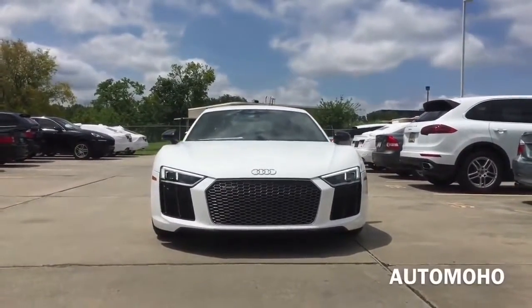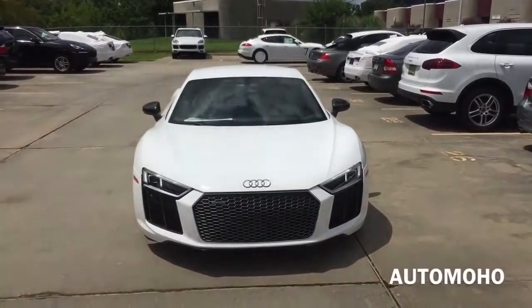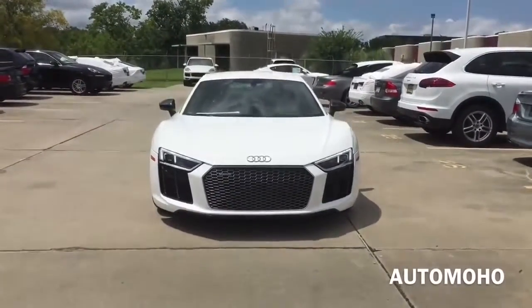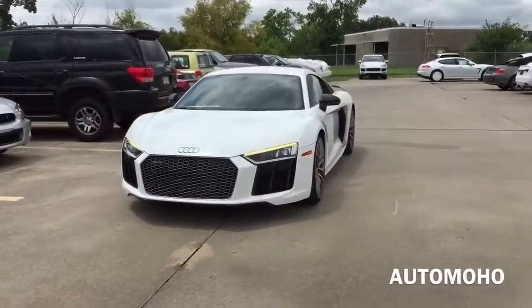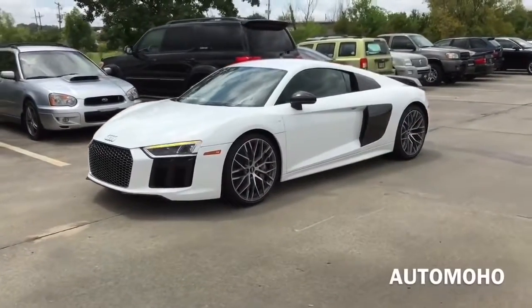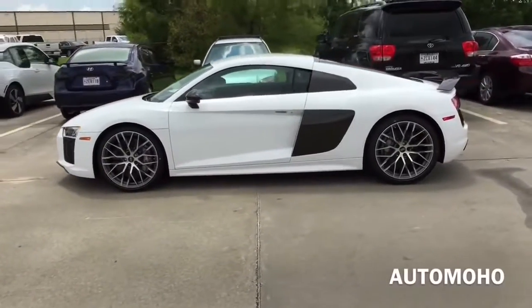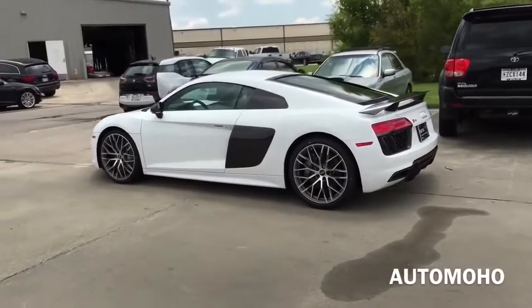For 2017, the Audi R8 comes in 2 different engine choices, starting out with the R8 V10, which pushes out 540 horsepower and 398 pound-feet of torque. The next engine choice is the V10 Plus, which is what I have here today. The V10 Plus engine pushes out an enormous 610 horsepower and 413 pound-feet of torque. That is even faster than the first generation R8, with a 0 to 60 mile per hour time of only